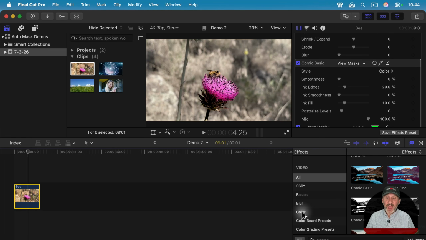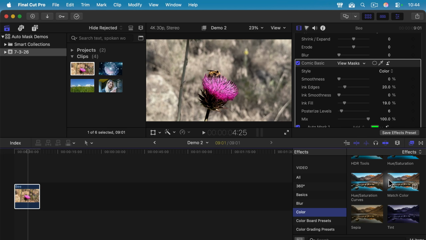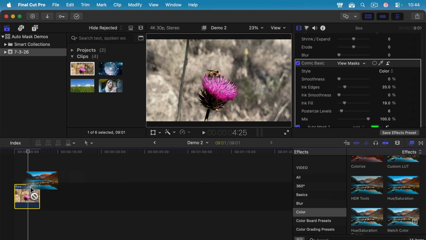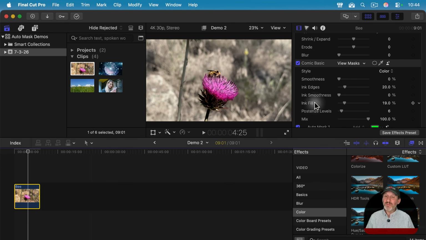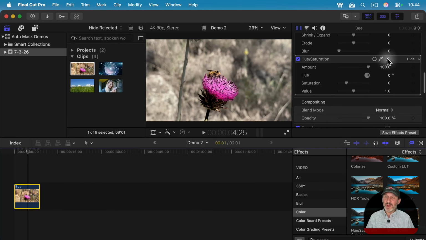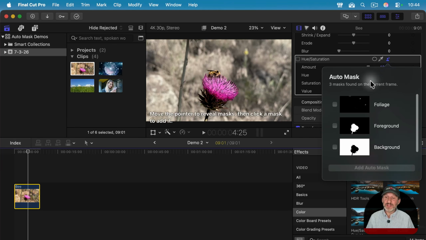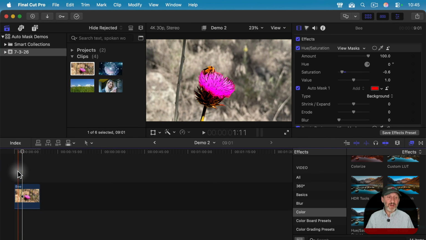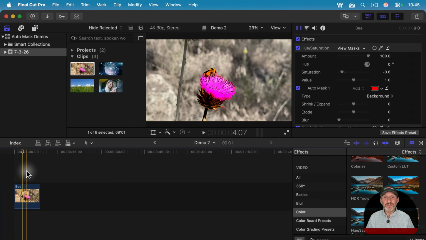And you can continue to add more if you want. I'm going to go and add some more color here using hue saturation again. But this time, for this one, I'm going to have it auto mask to the foreground. So the comic effect is already applied to this, but I'm going to go in here and super saturate it to make the colors even more vibrant. So now I've got a super saturated comic effect foreground and a desaturated background, all using Automask and some basic